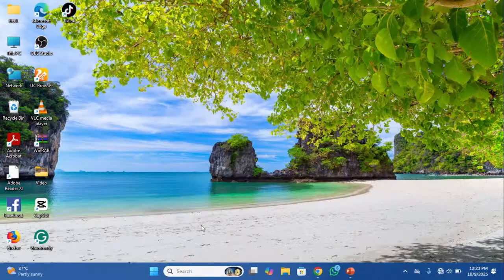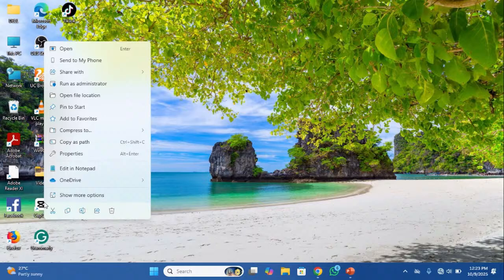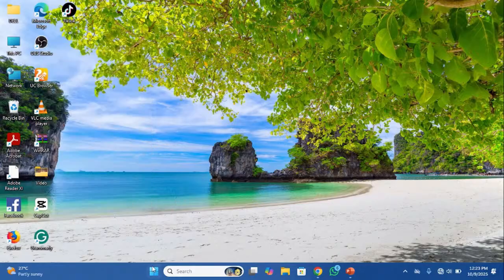Now this is because this app is open. If I want to pin an app here, I can actually select from the ones that are on the desktop. Let me assume the CapCut that is here. I can decide to right click it and look through here. It says pin on start menu. No. So what I'm going to do is to go to start,